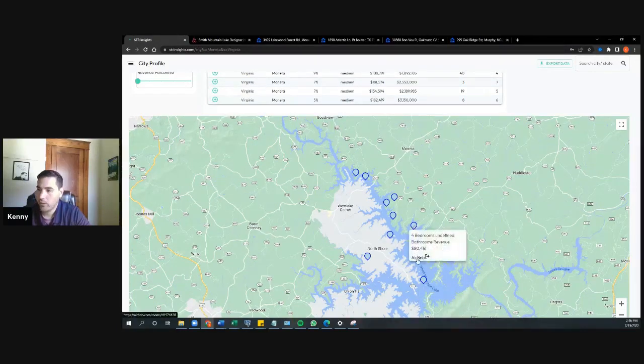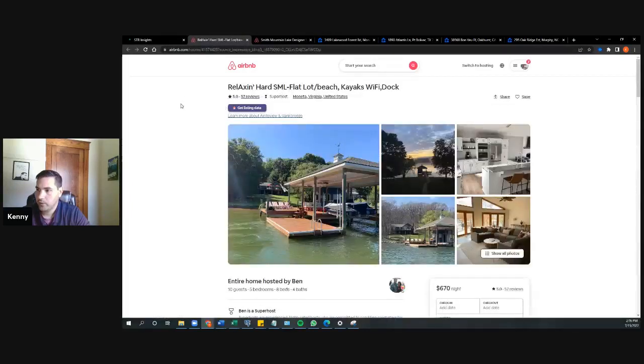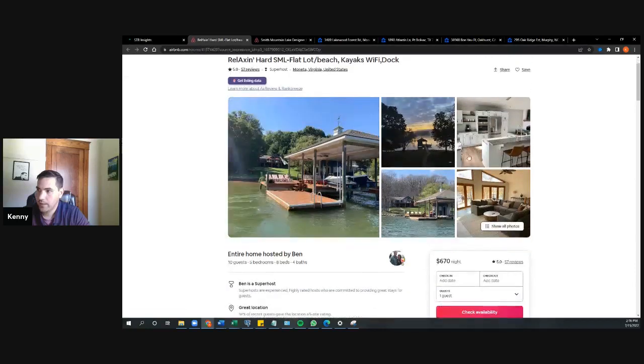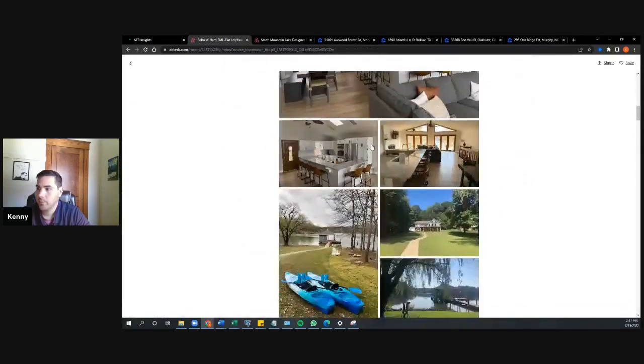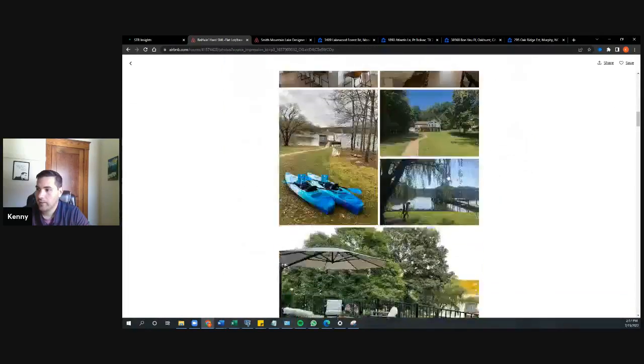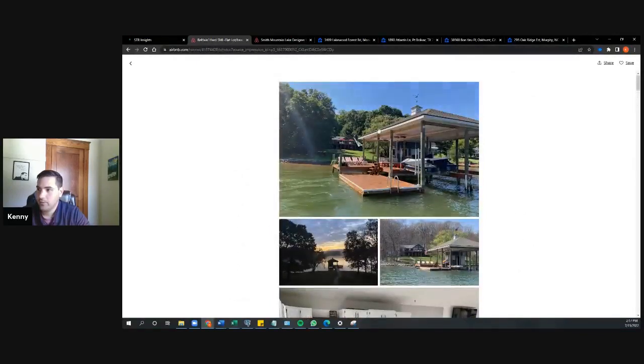Last, I'm going to check out one other property nearby, and let's get a look at this one. This one actually looks very similar to what we saw, and this one did 80,000. It does have an updated kitchen, and it's on the lake. It looks like a very nice property. It's got kayaks, a few other things. We could go into details and look at individually, but what this is telling me, just looking at a few of these comparable properties,